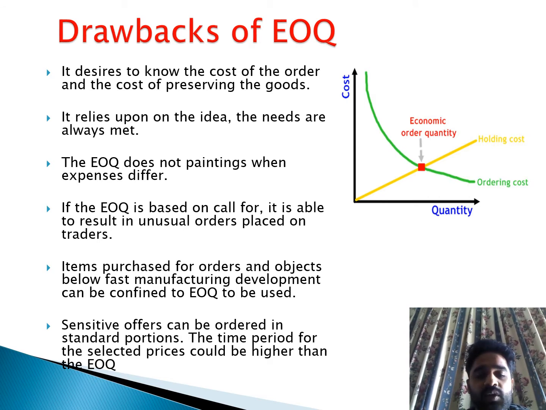The classical EOQ formula, which is shown in the figure, is based on the premise that the cost of holding inventory and the cost of ordering or setting up inventory intersect at the minimum cost point. This is further based on the assumptions that the cost of ordering and the cost of holding inventory are known and constant. The key elements of the EOQ formula, including the cost of holding inventory and the cost of ordering, are difficult to calculate accurately. It also assumes that the demand is constant, which is not always true.